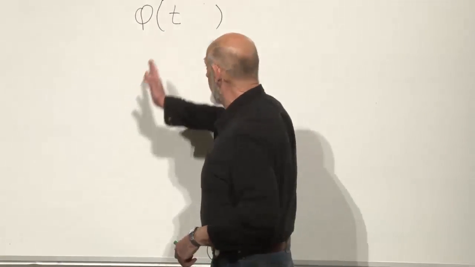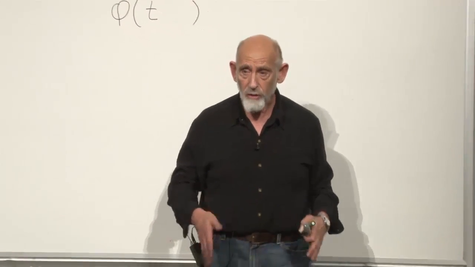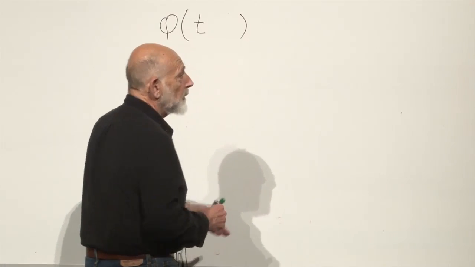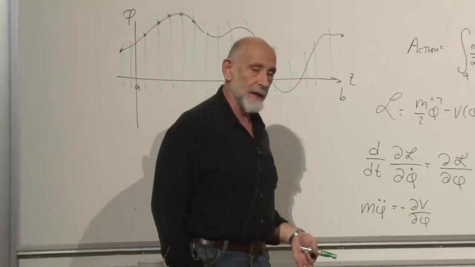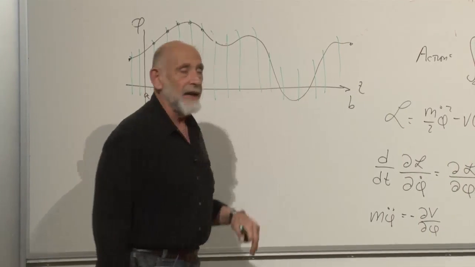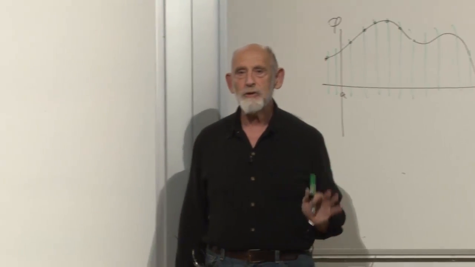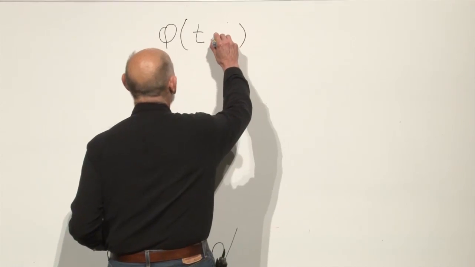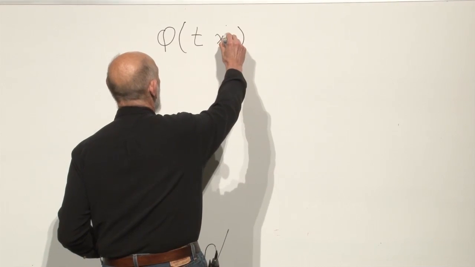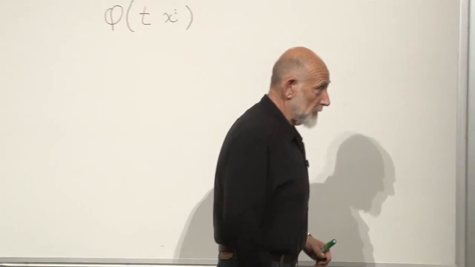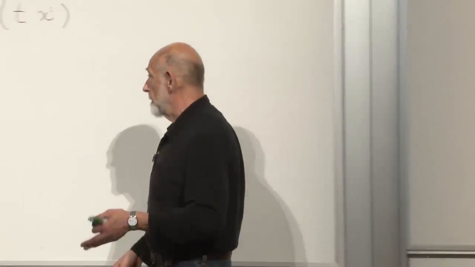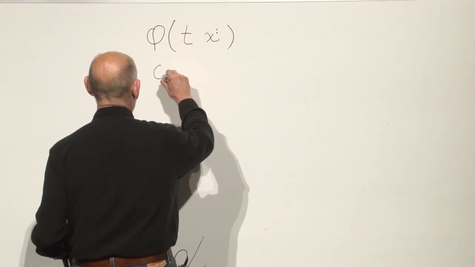We of course are not going to think of phi as the position of a particle. We are going to think of it as a field, and we're going to go in the other direction. We're going to generalize from this pattern over here. This was a field theory in a world with no space and one time direction. We're going to generalize to a field theory with a time direction and a collection of space coordinates. The field now is not just a function of time, it's a function of space and time. Phi of x and t. Well, I don't have to write it again.